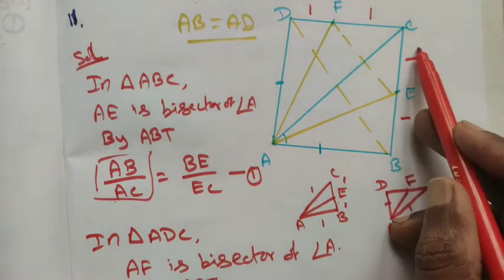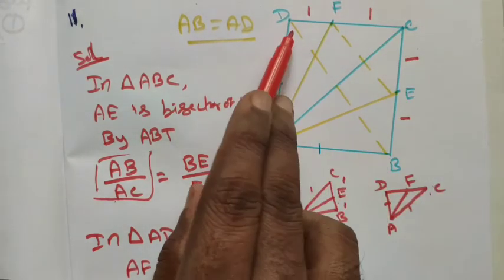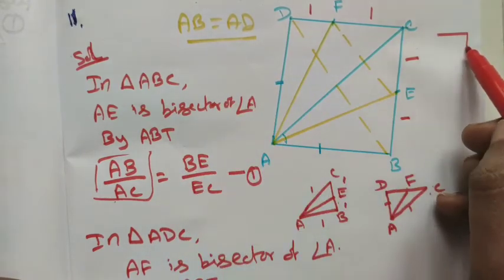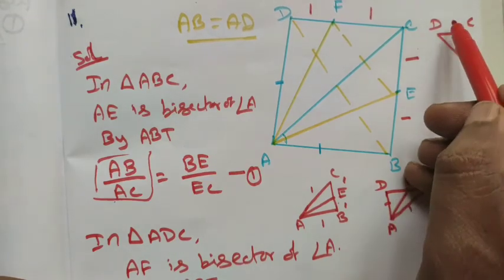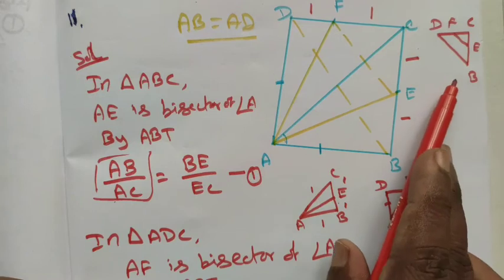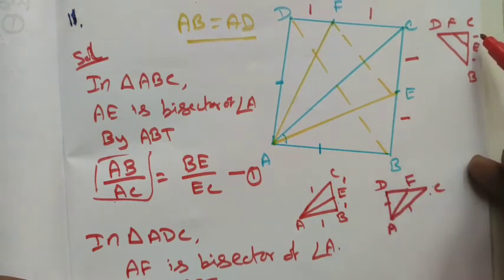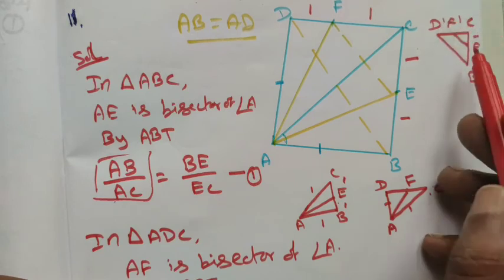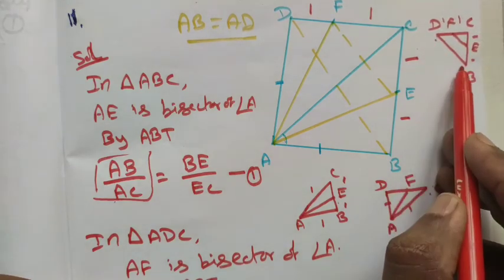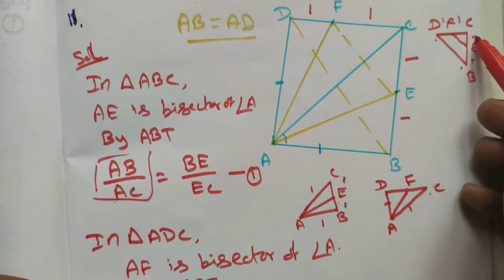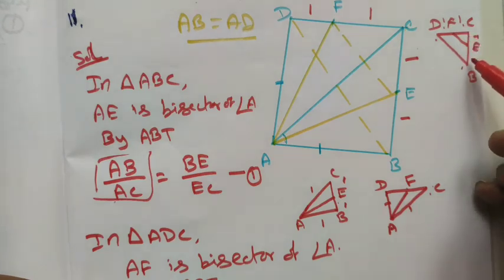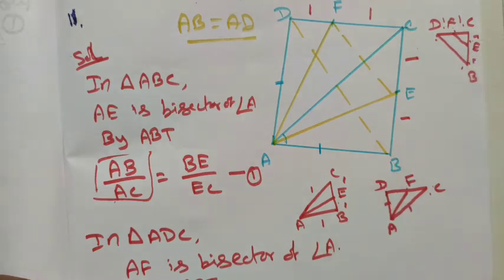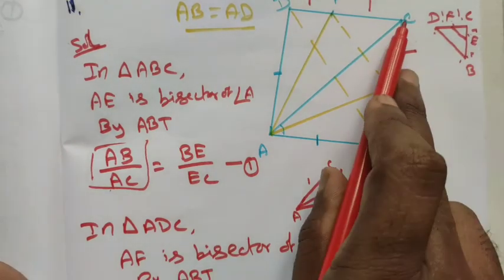BE divided by EC is equal to DF divided by FC means, just see the triangle CDB and EF, right? For this triangle, this side divided by this side is equal to this side divided by this side, hence EF is parallel to DB. Only then can we say BE divided by EC is equal to DF divided by FC. When these two are equal, by the condition EF is parallel to DB, only then can we say the terms are equal. So, in triangle BCD,